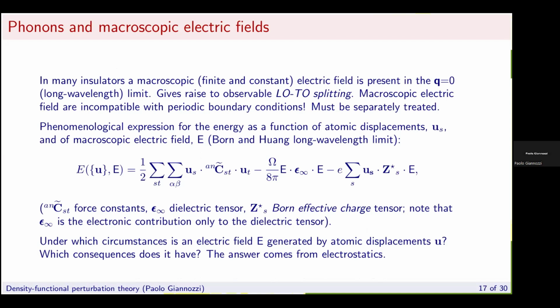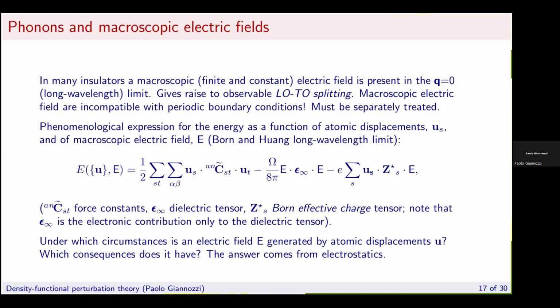The reason for this nomenclature is that the splitting is visible in optical modes, that is, those in which the two atoms of the sublattice vibrate one against the other, not in phase, but in opposite phase. And the splitting is present, the macroscopic electric field is present, only in longitudinal optic modes, that is, those that have wave vector q in the same direction as the phonon polarization, that is, the phonon displacement is in the same direction as